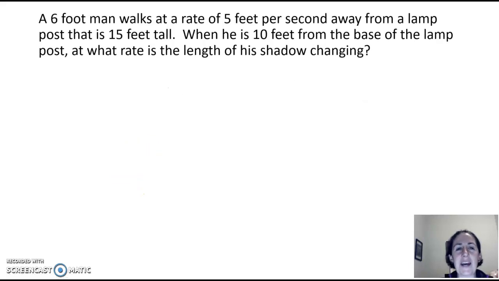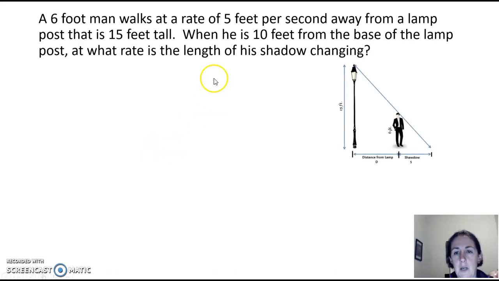A 6-foot man walks at a rate of 5 feet per second away from a lamppost that is 15 feet tall. When he is 10 feet from the base of the lamppost, at what rate is the length of his shadow changing? So this is definitely one of those situations where we are probably going to want to draw a